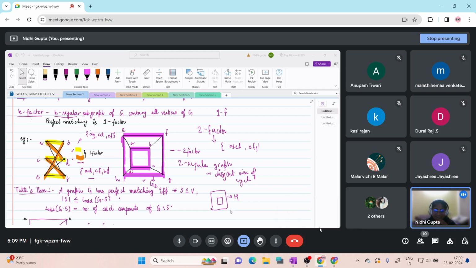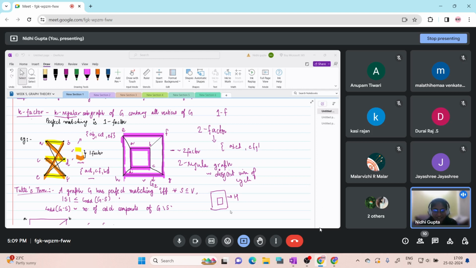I am saying there is another two factor. In fact, there are many two factors. Just give me one more. So by two factor we mean we have to find a two regular subgraph, or as I'm saying, two regular